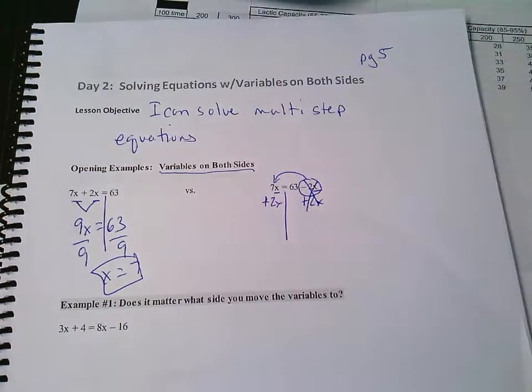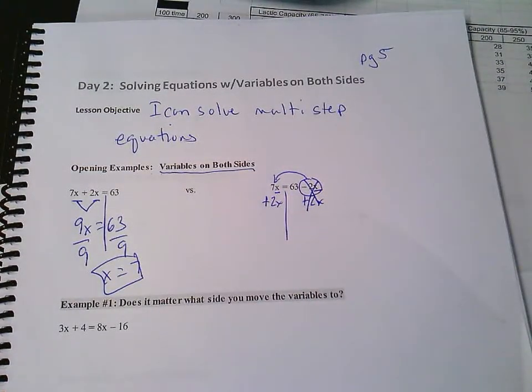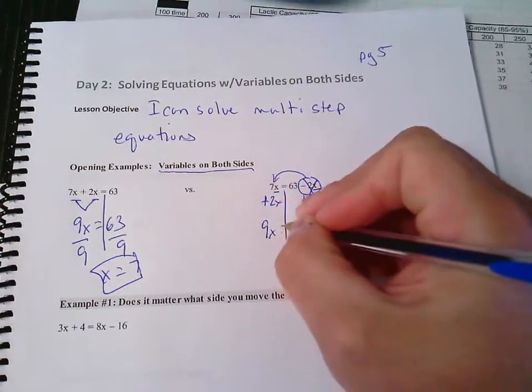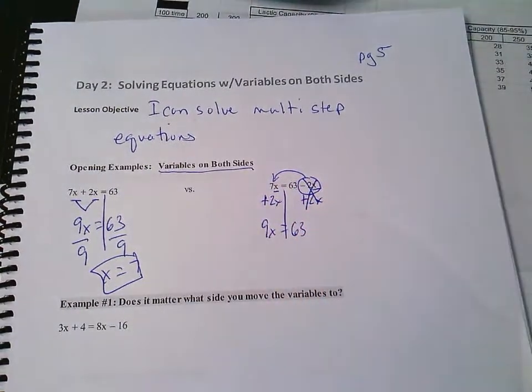All right, so we add the 2x to both sides, and we get 7x plus 2x is equal to 9x. All right, and then obviously we'll get the same answer. All right, so that's the difference in the two. All right, so